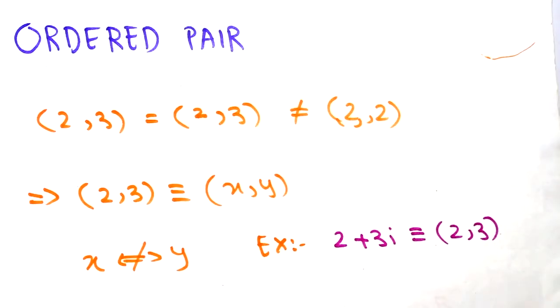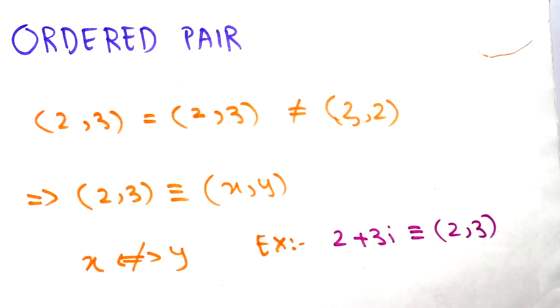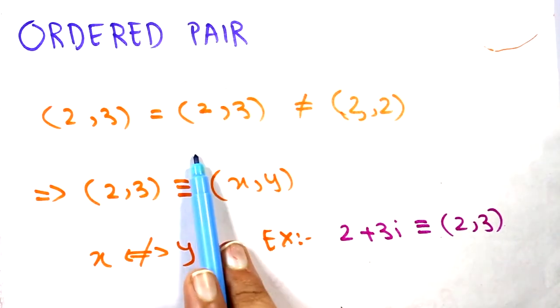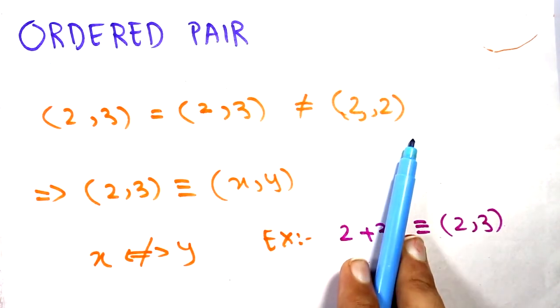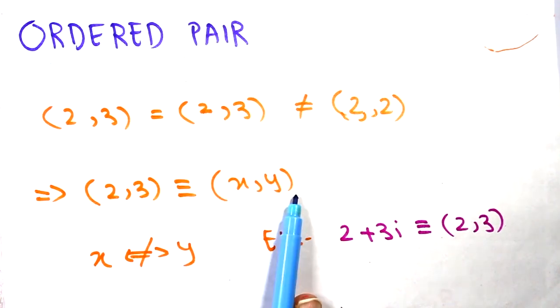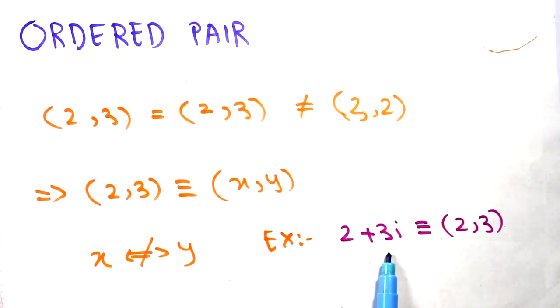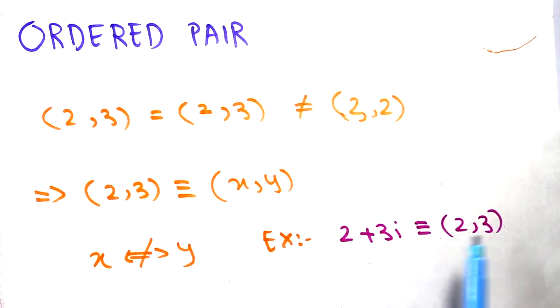Next we are discussing the ordered pair. Ordered pair is very simple. If we write (2, 3), then that means (2, 3) only. It doesn't mean (3, 2). We can understand this if it is (x, y): x and y are not interchangeable. For example, you can see in the complex number 2 + 3i, here 2 and 3 are defined at their own places. We can't replace them with 3 and 2. If we change, the whole meaning of the question changes.